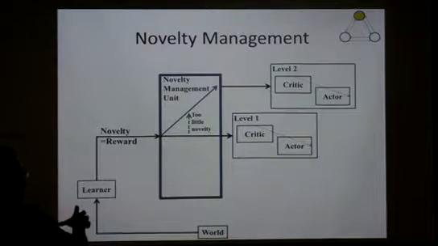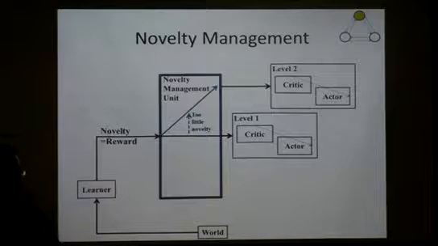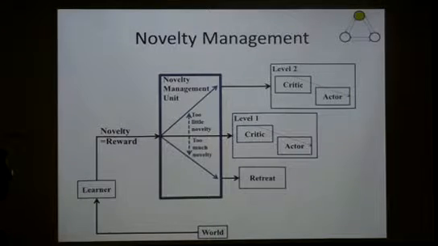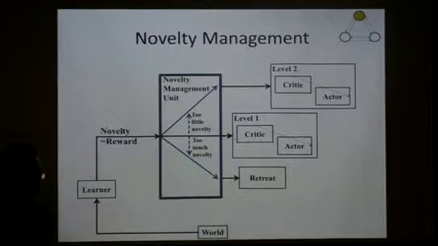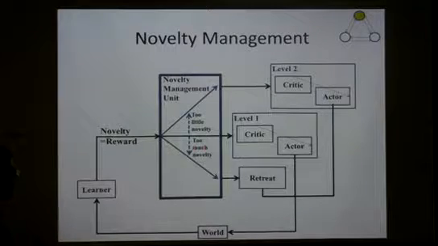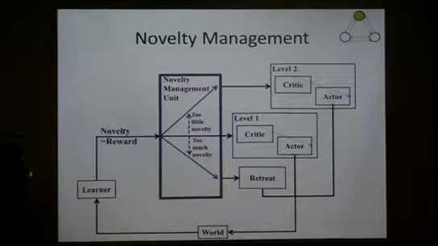So if I have three objects, I first attend to the most novel one, and I learn everything about that, so now I go to the next object and explore it. But what I also added, which is novelty management, is that too much novelty is also not good. And again, in biological agents, animals and humans, too much novelty is also not good. You want to control that. You don't want to get too much flow of information. That's also not good. So if you have too much novelty, you actually retreat to a different location,